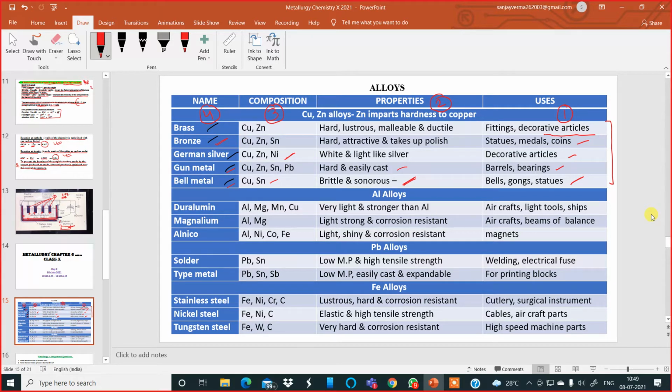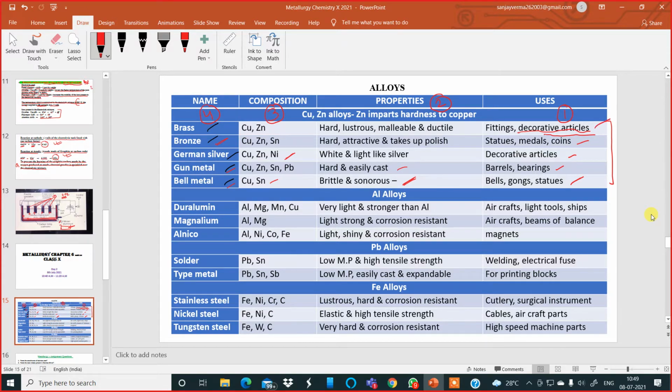Brass. Brass is an alloy which is used in electrical fittings. If you look at the switch which you put on and off in your house, your bedroom switch or your kitchen switch or your bathroom switch, if you open the switch with a screwdriver, inside you will find shiny fittings through which we can put on the switch. There is a screw also over there. It's made of brass. So that is called electrical fittings. And it is also used to make decorative articles. Got it?